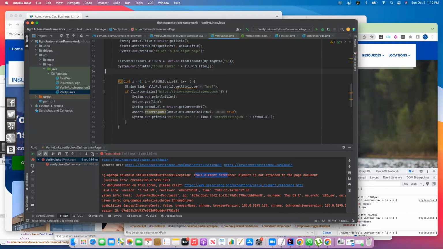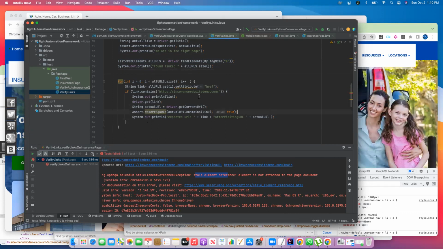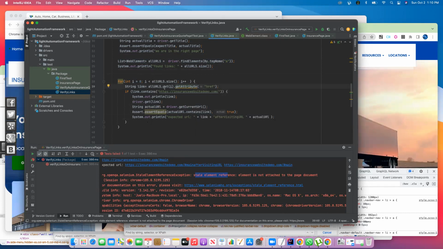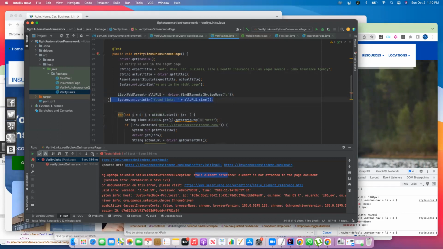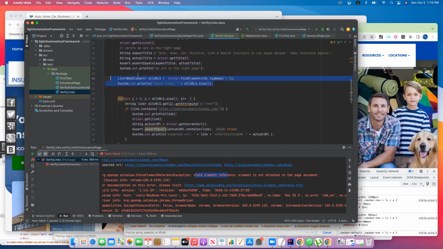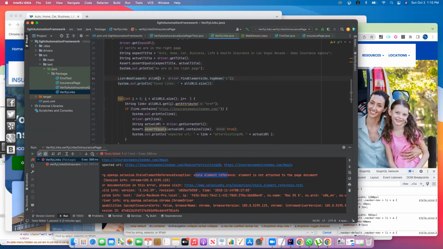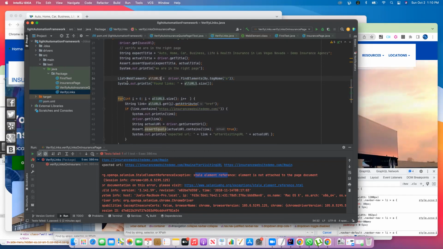Let's see. Okay, I gotta basically think about this because this is exactly where it failed. Okay, get attribute is no longer working with all. So the way we're getting it is this, right? So we may have to rerun this specific code again to have this run. Okay. Web elements, and then